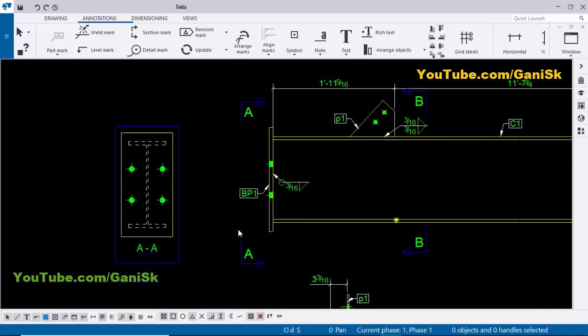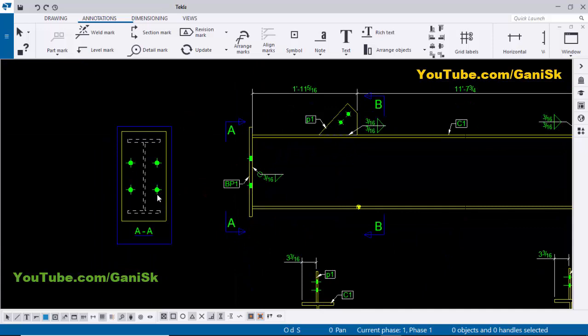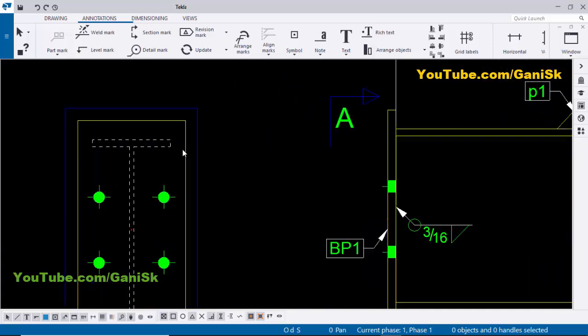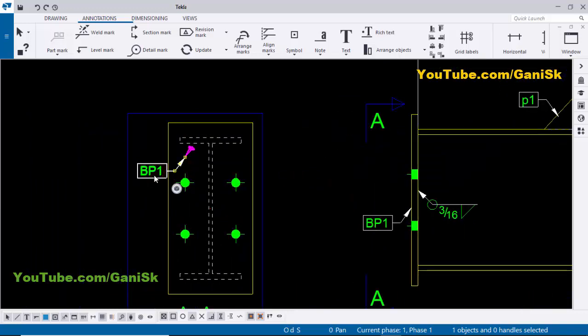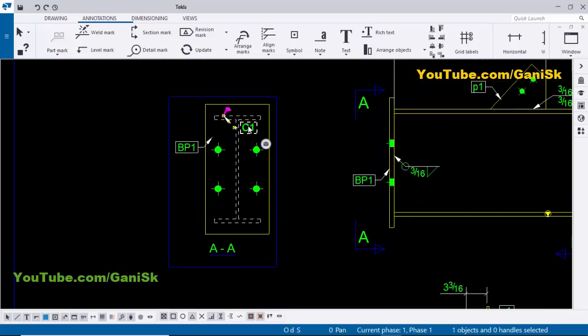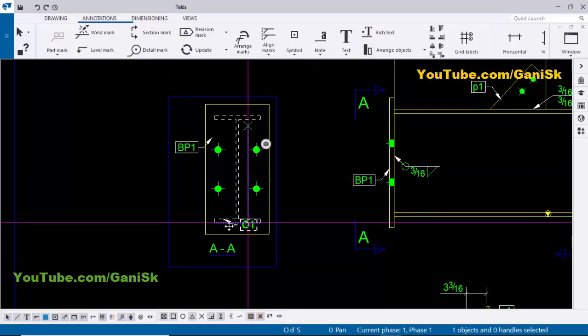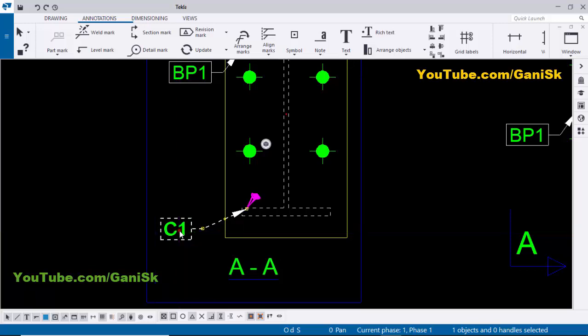Now coming to here in the section view, section AA, now we need to give the part marks for this base plate and this I section profile. So click on this base plate, right click on mouse, add mark and apply. You can see now we have the base plate part mark like this. Similarly, we need to give the column part mark, so select it, right click on mouse, add mark and apply. Now click on it, hold the shift and left mouse key to adjust the position wherever you want and use the left mouse key to adjust the part mark without moving the arrow,